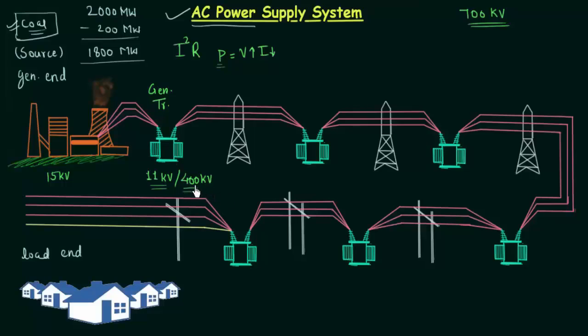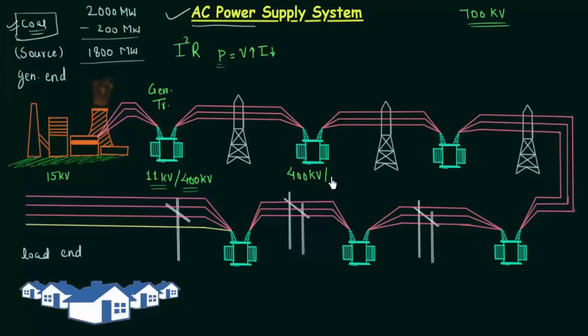Now we have stepped up the voltage, we will transmit it over a long distance, and as we require lower voltages at the load end, we need to step down the voltage as well. For this purpose we use substations. Substations are multi-purpose stations. We have transformers and other electrical equipment in a substation. There are different roles performed by the substation, but for this example we will only assume that the substation is stepping down the voltage. So from 400 kV